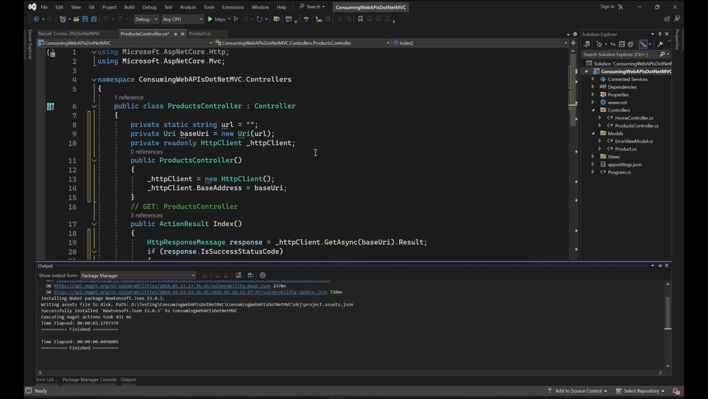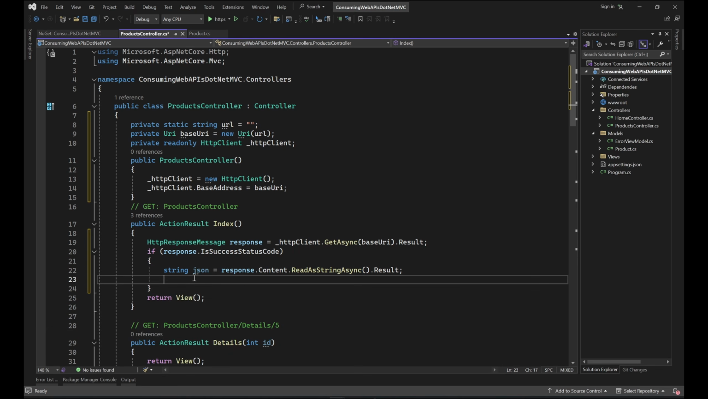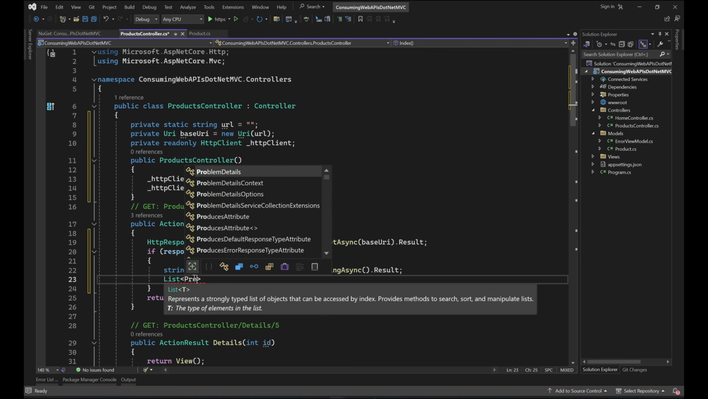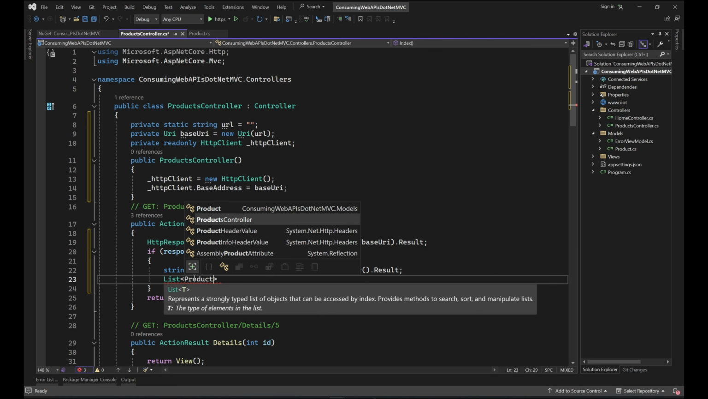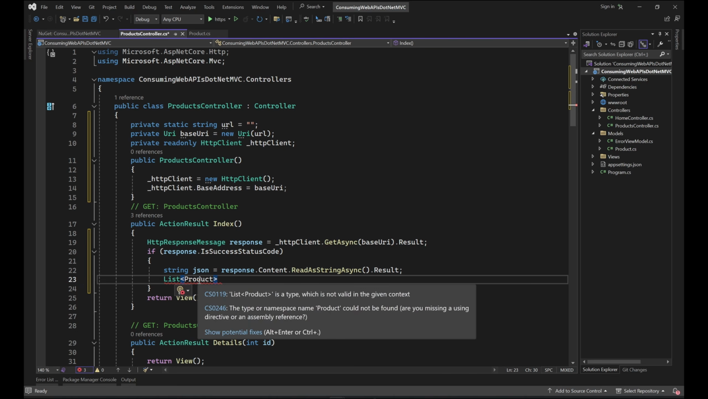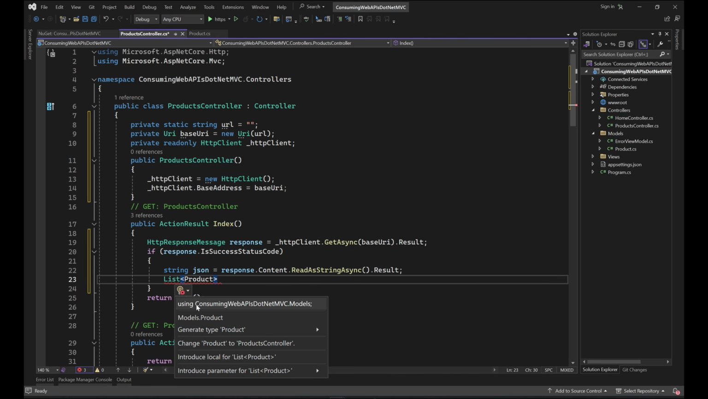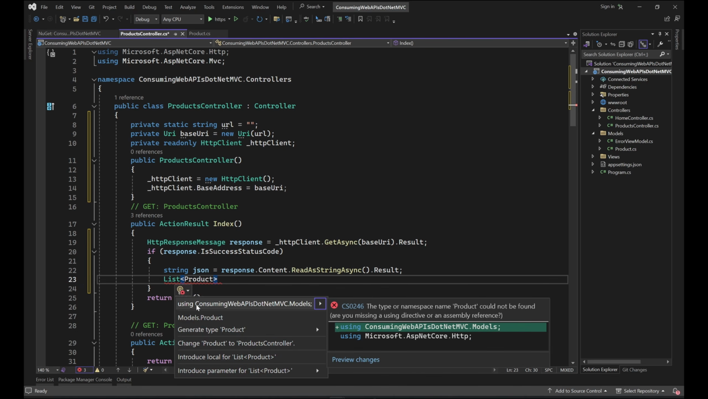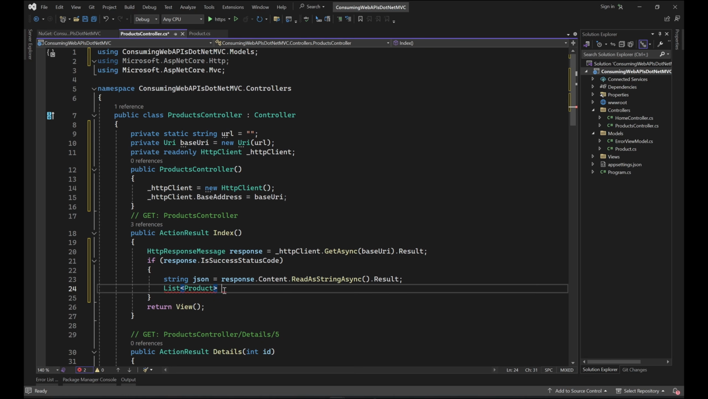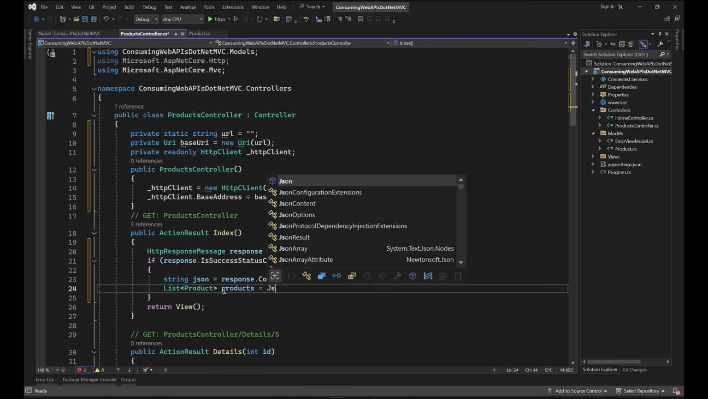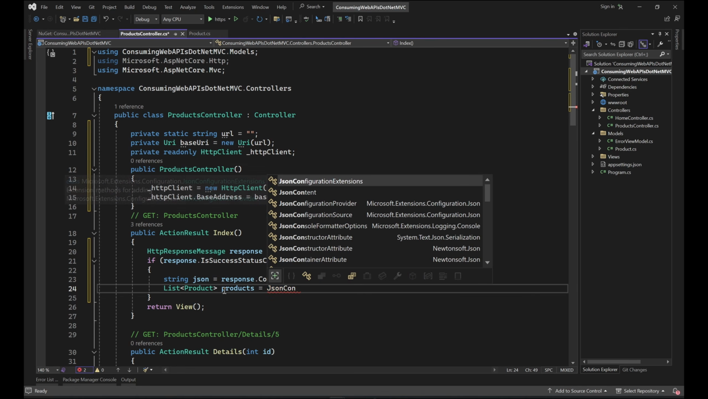And the package has been installed successfully. Now we are going to utilize this package. List of product. We have to ensure that we are consuming the right model. So products equal to JSON convert